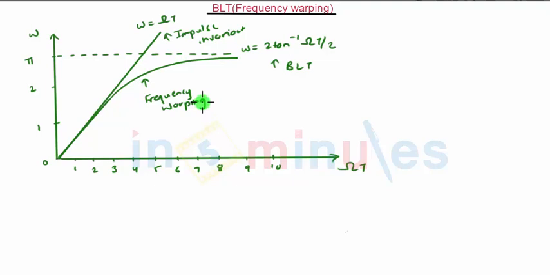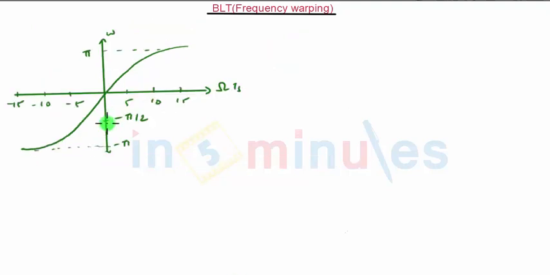The effect of warping on magnitude response can be explained by considering an analog filter with a number of passbands. We will also see what effects are being done. Here we can see, because of the non-linear mapping, the amplitude response of the digital IIR filter is expanded at the lower frequencies and compressed at the higher frequencies in comparison to the analog filter. This effect is called frequency warping.